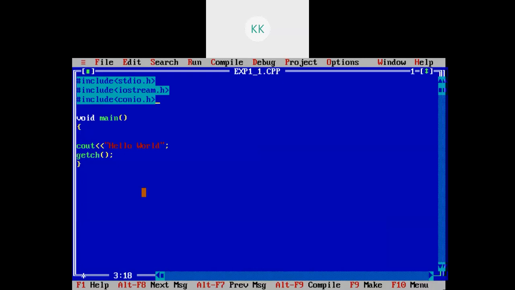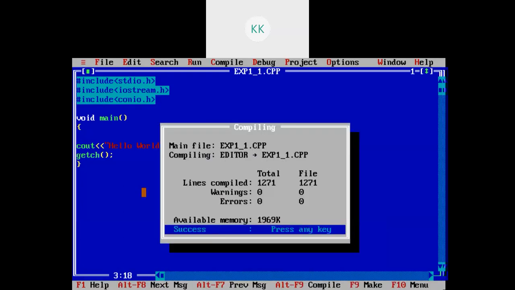Conio.h means console input output.h. In this file the function getch resides. So again I will save it by using F2. I will try to compile it, no error. Now I will run it.